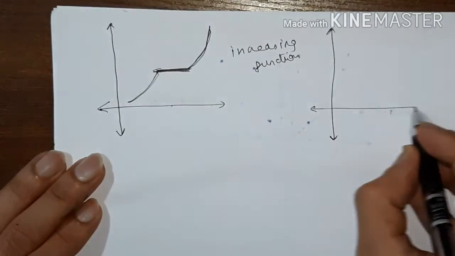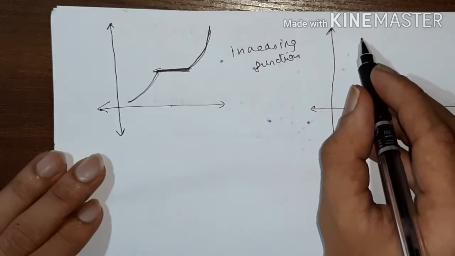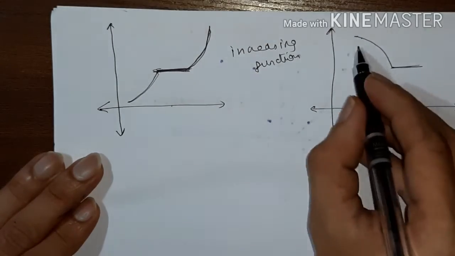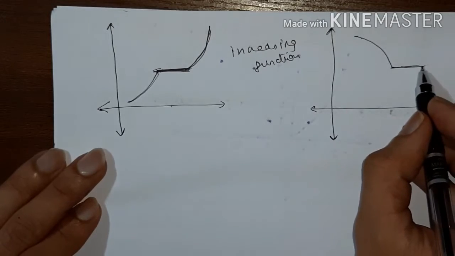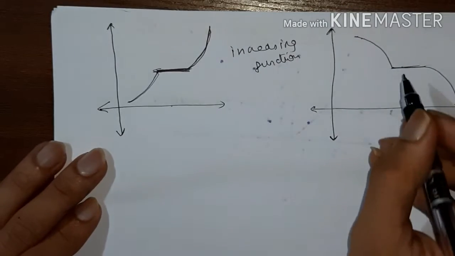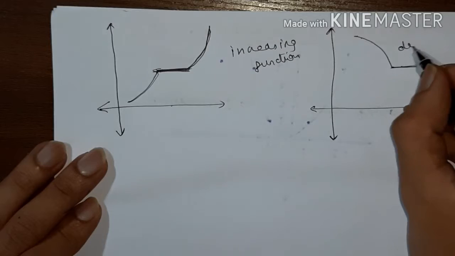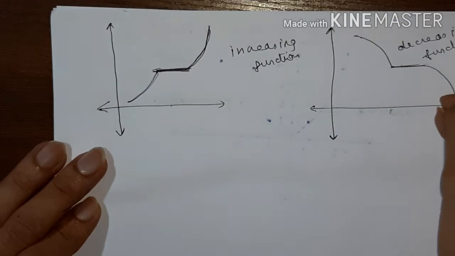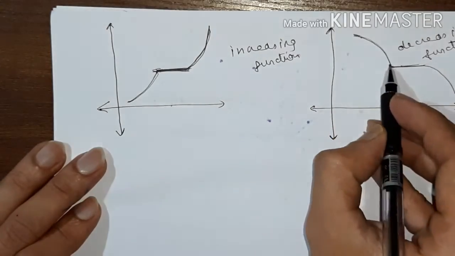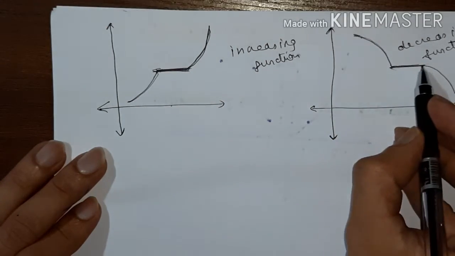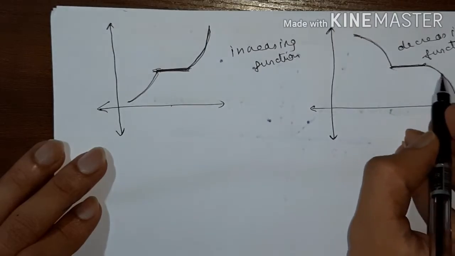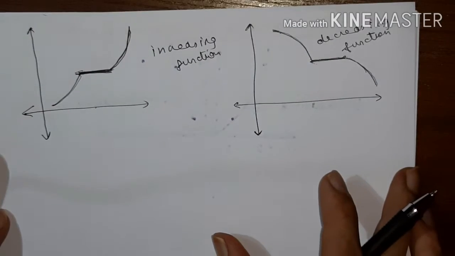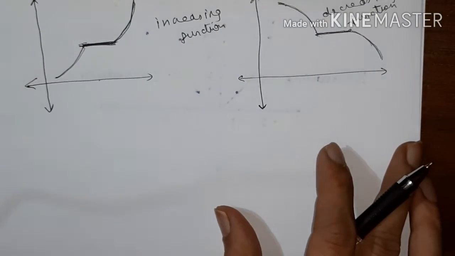Now if we look at the graph of this function, like this, the function decreases at some points, then it becomes constant, and then it again decreases, okay. So that time we can call the function a decreasing function, not strictly decreasing. Why? Because yes, it decreases, but it becomes constant at some points, and then it again decreases. So we cannot say that it is strictly decreasing, it is only a decreasing function, all right.